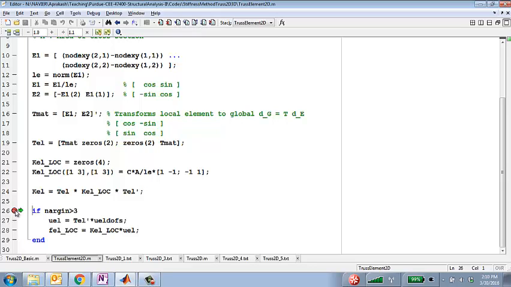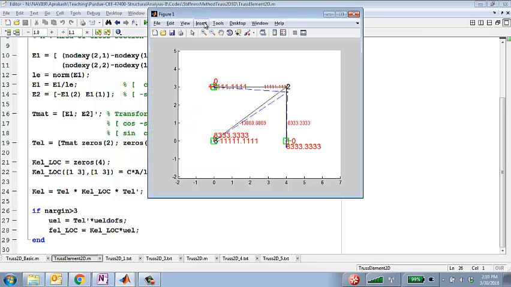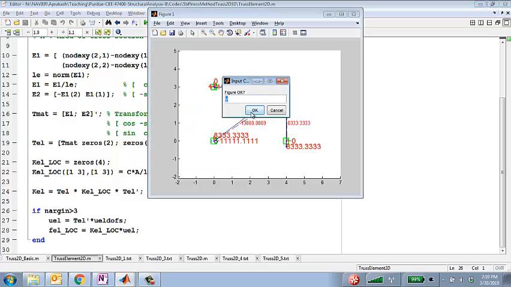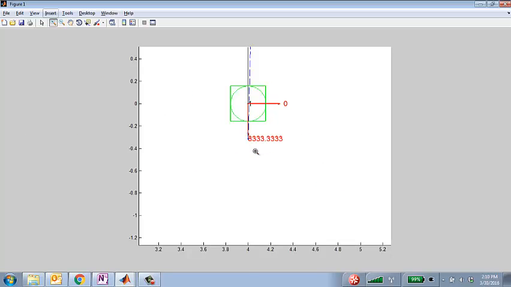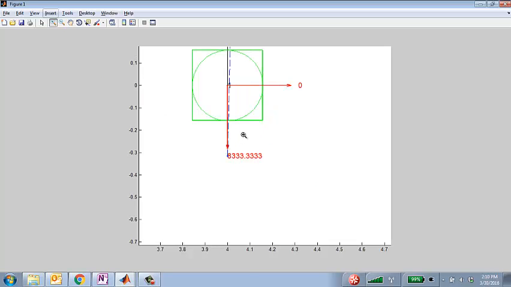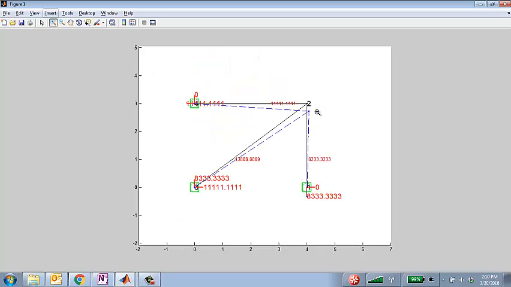Let me remove that breakpoint. And this plots the final configuration of the truss as well. So if you zoom into node 3, you can see that initially the node was here and it dropped down to this location. That's the 25 millimeters settlement of that node, and which caused